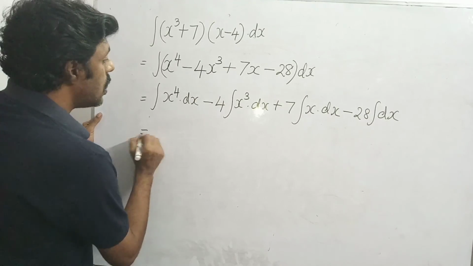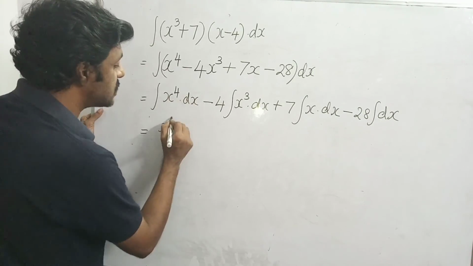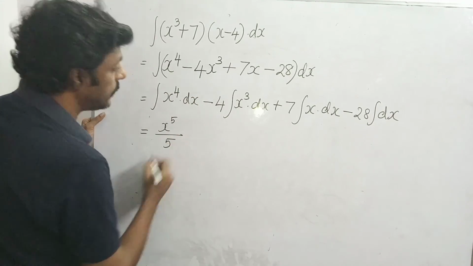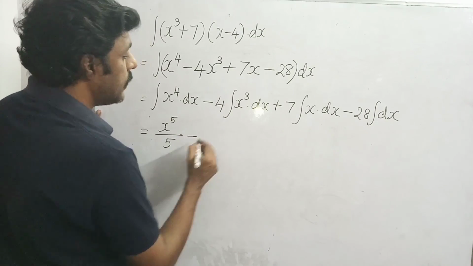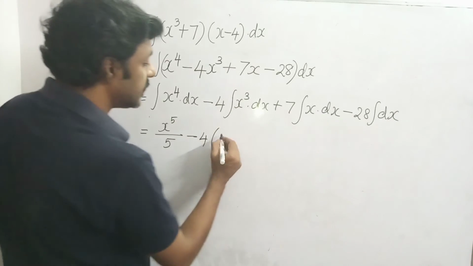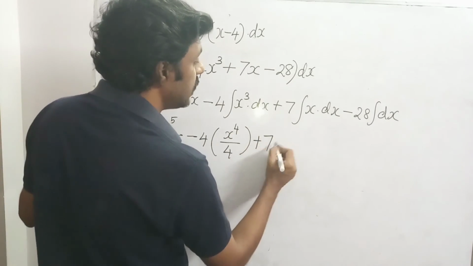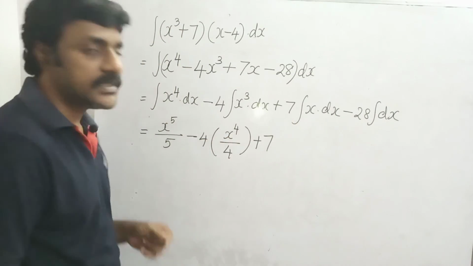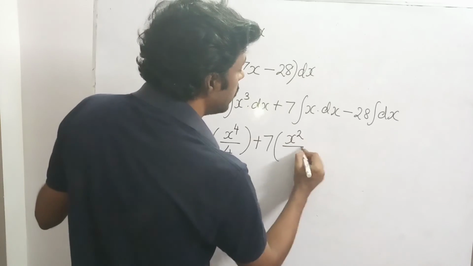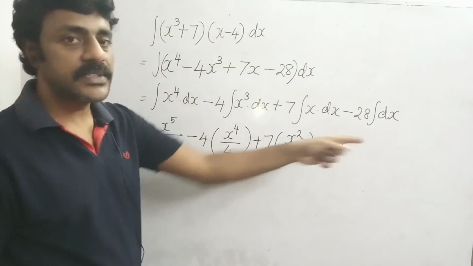Now the integral of x power 4 into dx is nothing but x power n plus 1, x power 4 plus 1 divided by 4 plus 1, which is 5, minus 4 into the integral of x power 3 into dx, which is nothing but x power 4 divided by 4, plus 7 into the integral of x into dx, which is x squared divided by 2, minus 28 into the integral of dx, which is nothing but x